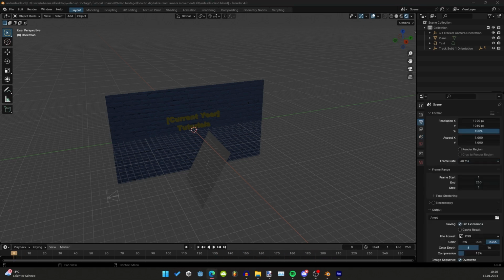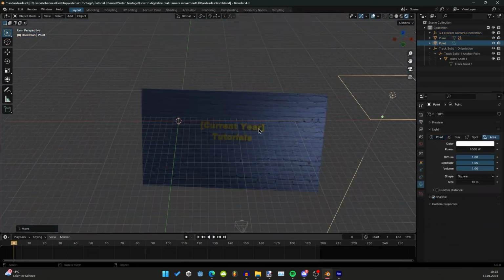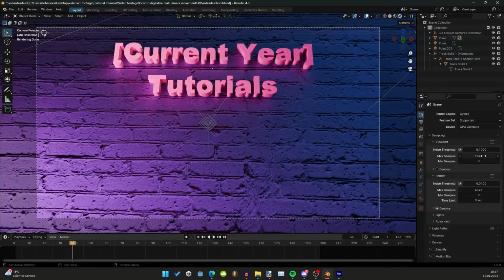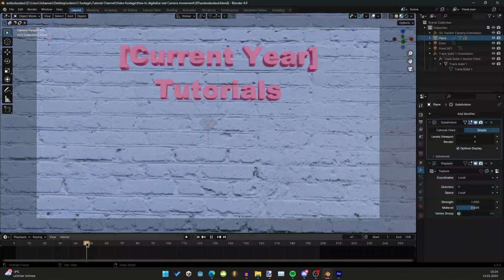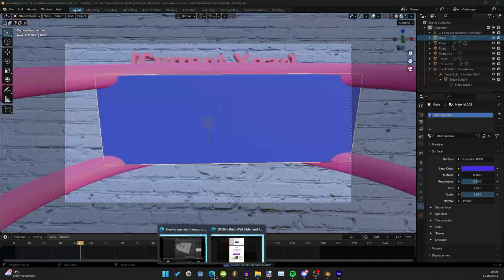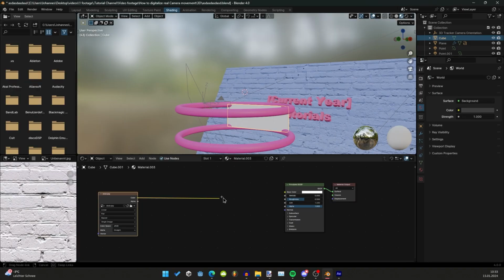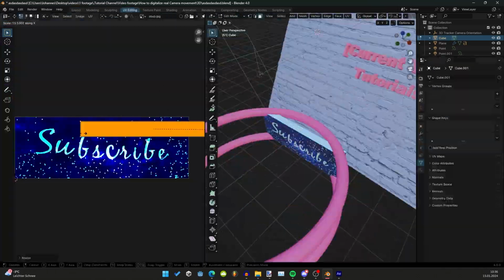It was a little scuffed, a little janky, I'm not a Blender expert, but this is actually the part where you could go wild creatively. A fun little thing I did was I made the camera go through like 2 loops and there was a little subscribe sign. That was fun to make, but this is just one of the many things you could do